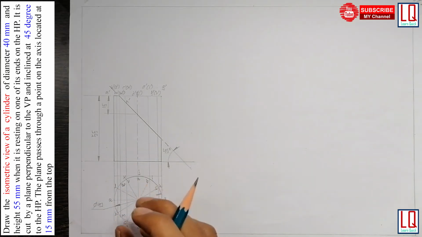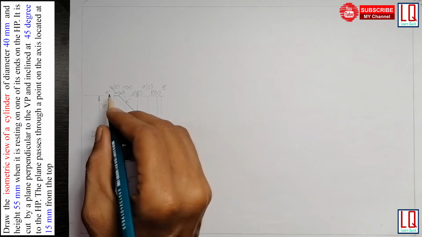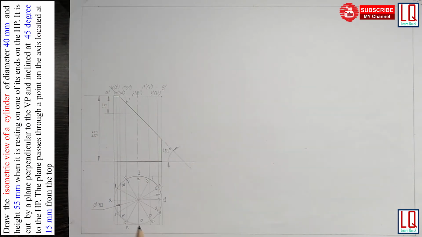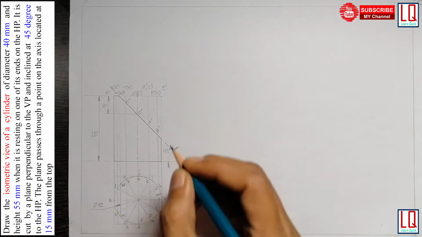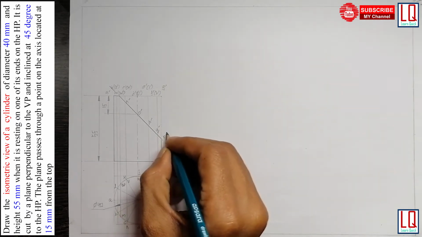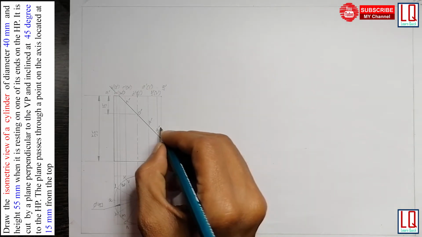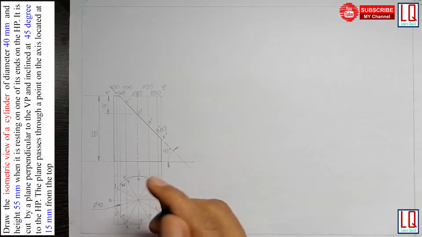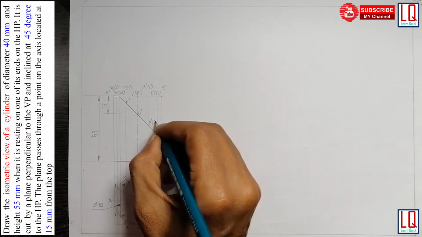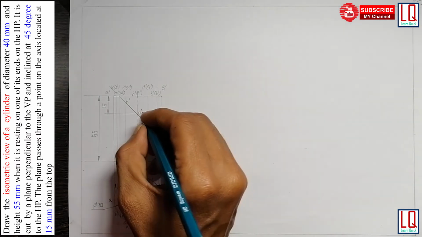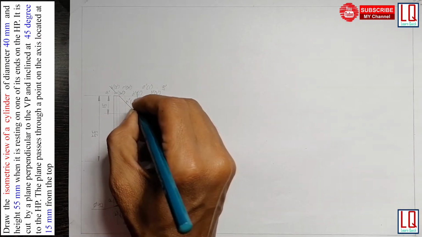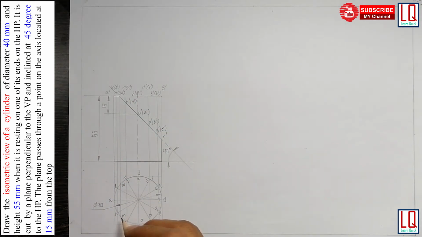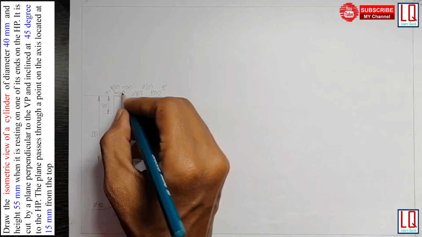So now we name the cutting plane points in the front view. So we get M, N dash, and here we have O dash, and here we have P dash, and here we have Q dash, R dash, and Q bracket S dash, which is behind, and P bracket T dash, O bracket U dash, and N bracket V dash, and finally M bracket W dash. So M dash bracket W dash.